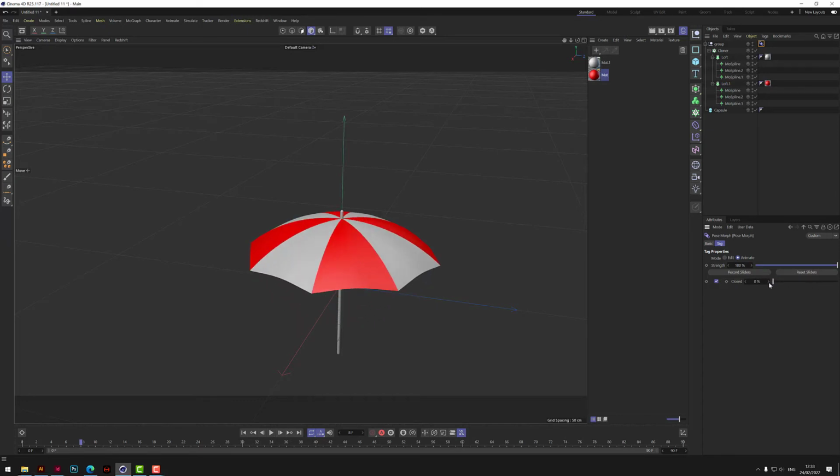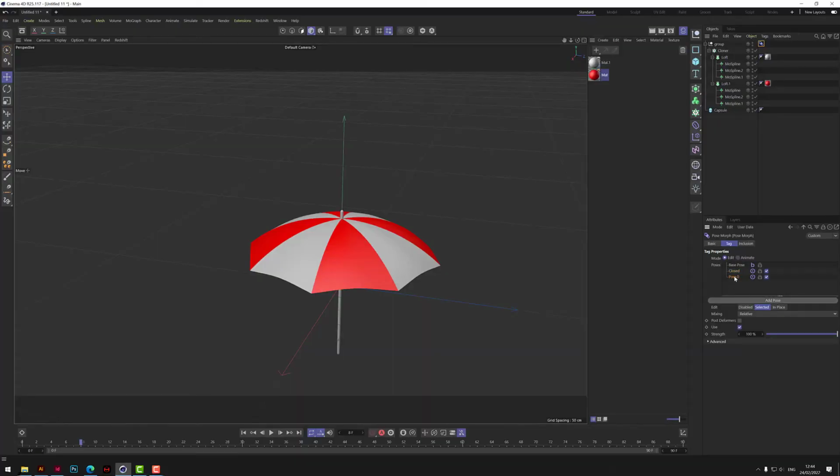Okay. Now to make this look even better, we just need to add another pose, so let's go back to edit. We've got the open, we've got the closed, but what we want is one that just goes a little bit past the open state and then back again. Yeah, like an umbrella would kind of pop open then come back. So we need one called an overshoot. So if we add another pose here and just call this one overshoot,